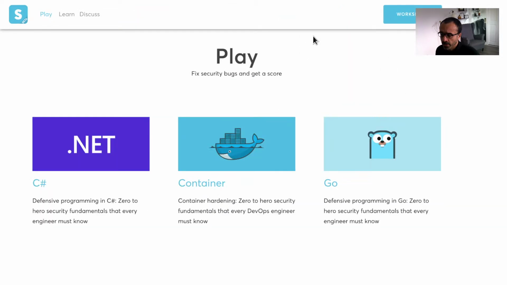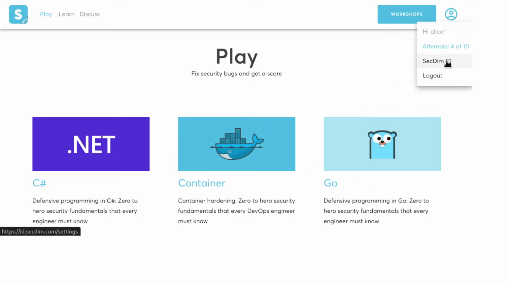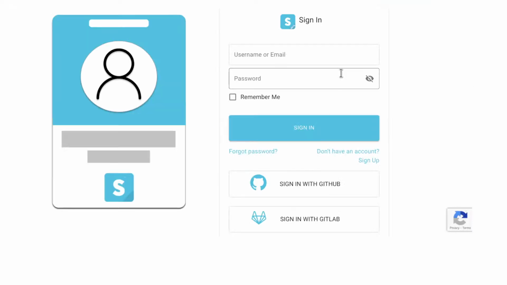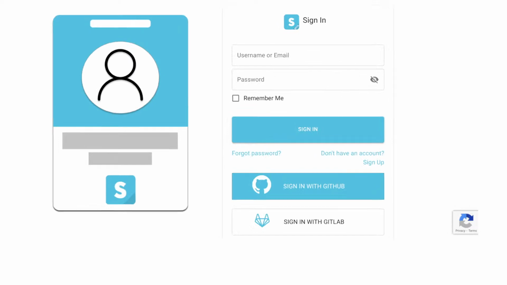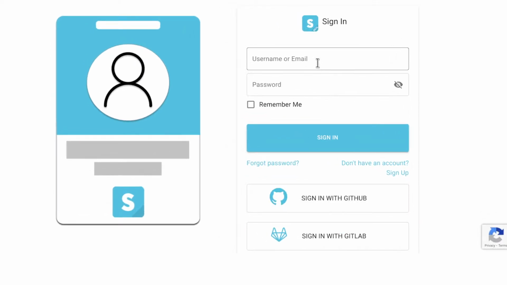Now, once we are back here, if this is the first time that you are using this Play platform, you want to make sure that you have added your SSH key, because we need the SSH key to access the code. So click on this icon here and hit on Secteam ID. This will open up a new tab, and in this tab we are going to log in again